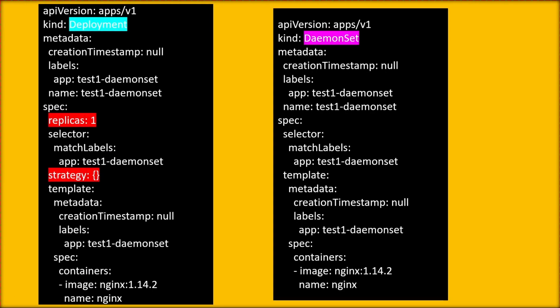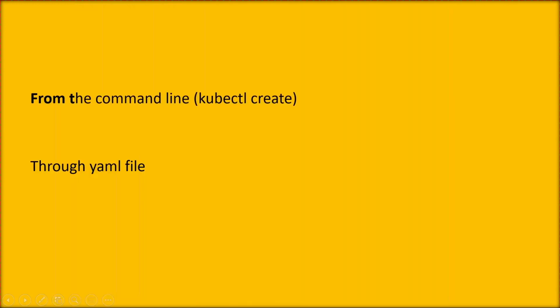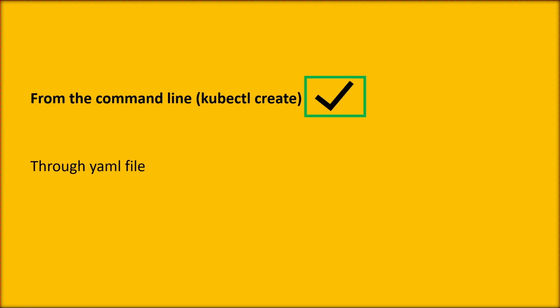First, we would like to change the kind option from deployment to DaemonSet. Remove the options replica and strategy from the deployment YAML file and our DaemonSet YAML file is ready. As you can see in the second table output, just remove these two things and modify this. So the command line option is completed and through YAML file, this is also completed because we were playing with YAML file, isn't it? So let's move to the next topic,